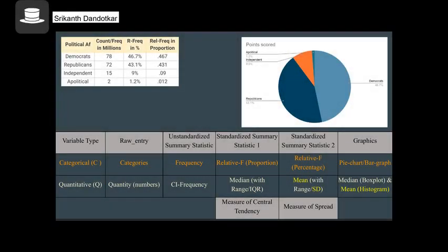Okay, so in this slide, we'll talk about how to summarize a variable when the variable is a categorical variable. Let's take the variable political affiliation. It's a categorical variable because it cannot be measured in numbers. It's a quality, a characteristic of different categories: Democrats, Republican, and independent, and maybe apolitical,